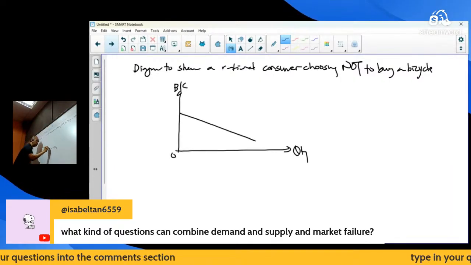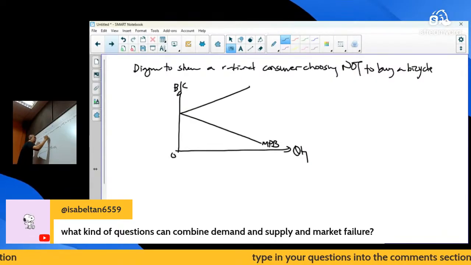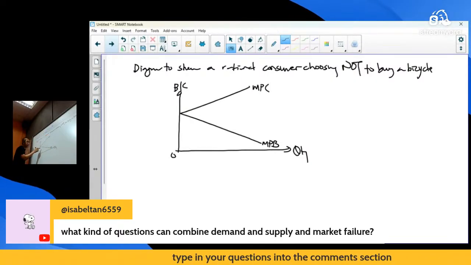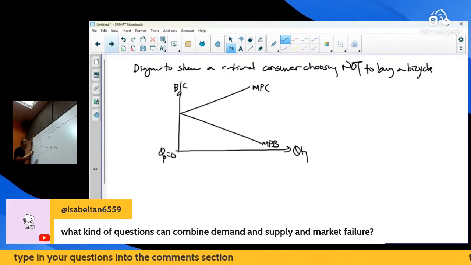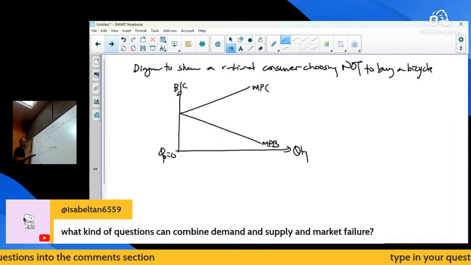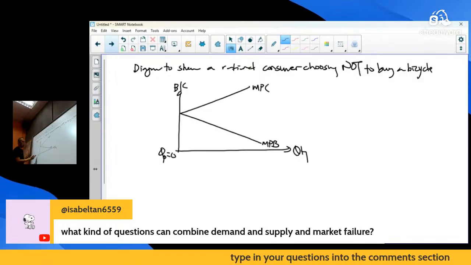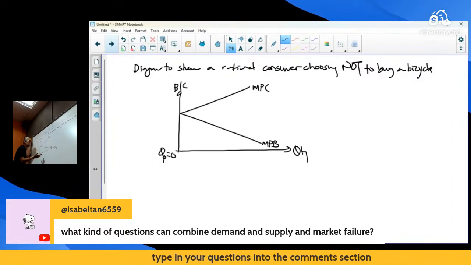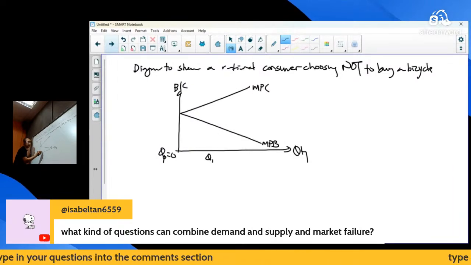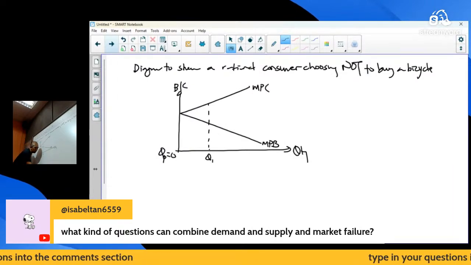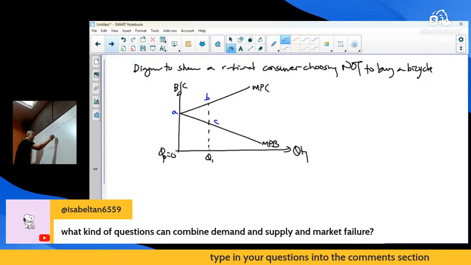In order to show that the consumer would rather not buy, you would draw the MPB and MPC either intersecting at 0 units, so QP equals 0, or they don't even intersect at all. So this shows that the consumer's private optimum is not to buy. But to show that this actually makes sense, you just arbitrarily choose a quantity that is positive, and then you mark out the triangle here called ABC, and then you explain how area